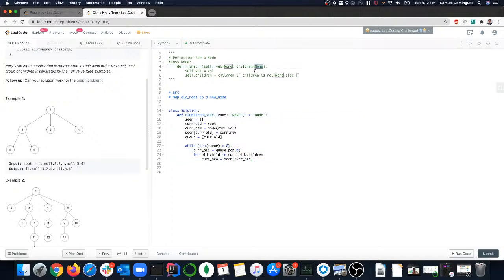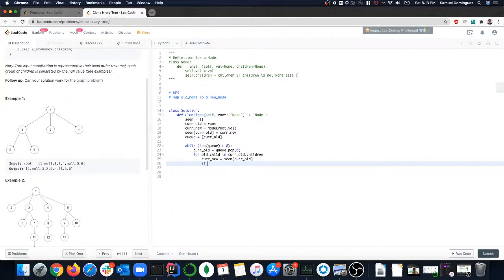So first I need to check to see if the children inside of that node is none before I try appending to its list. Because if that list doesn't exist, then it's going to throw an exception saying that list doesn't exist and I can't append to it. So I even need to check to see if that current new,